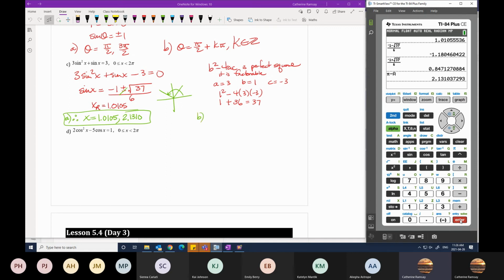And then B, the only way that I can get this spot and then this spot is, it's not 90 degrees from each other by any means, even though it looks like it. The only way I can get 1.01 in every revolution is going all the way around again. So that means x equals 1.0105 plus 2k pi, which means every revolution. And same with the spot that's over here, 2.13,